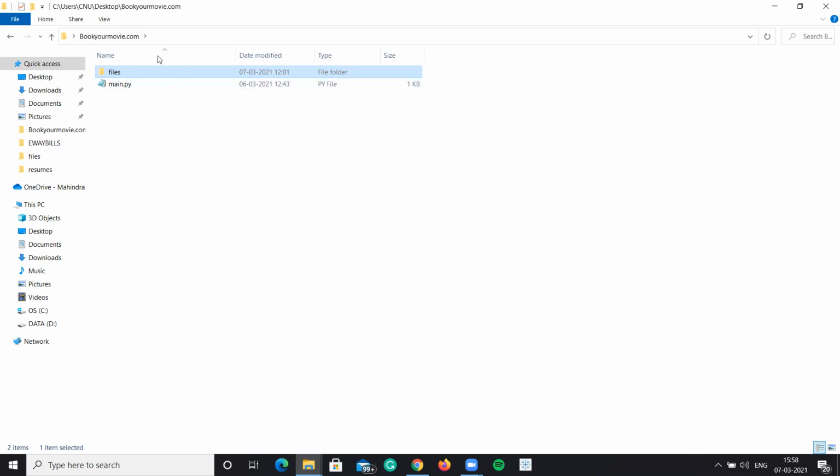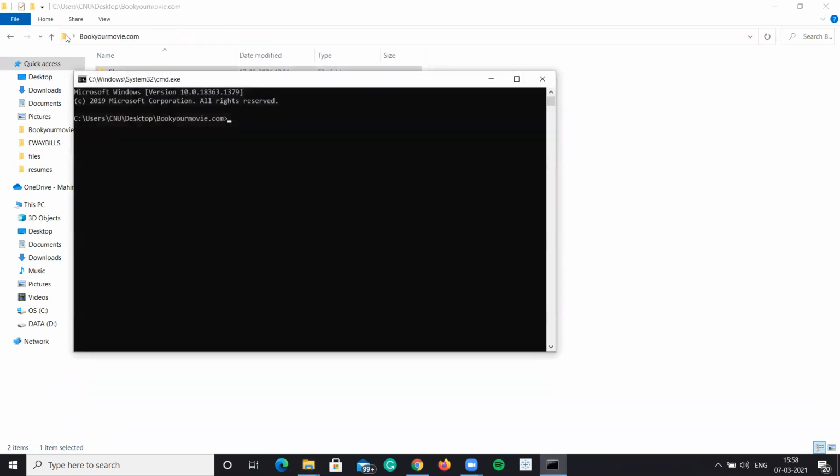So I'm going to run this file now. I will open the command prompt. So yeah, here it goes. Okay, I opened the command prompt now. So I will run the main.py file. When I run this file, it will first ask me,